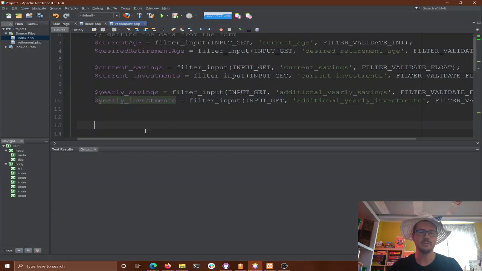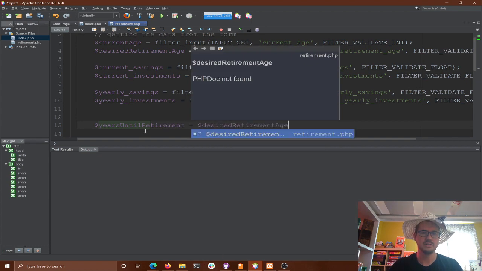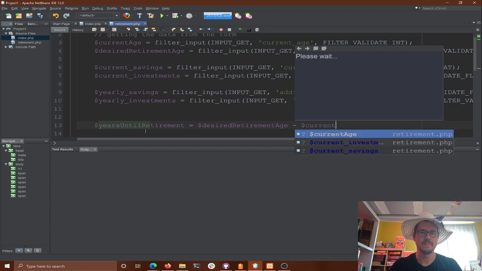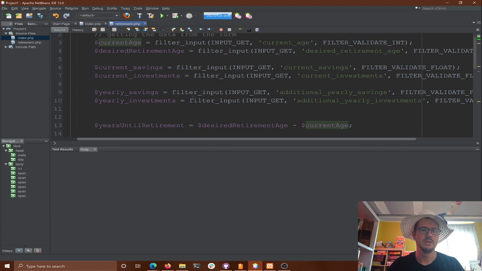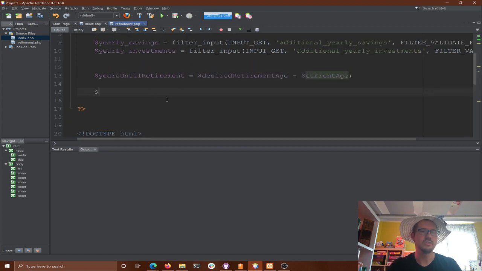Sure. So we need to calculate a couple things. So we'll have years until retirement equal to my desired retirement age minus the current age. Right? So that'll tell me how many years I have until retirement. Keep forgetting my semicolons, sorry. Python's ruined me for semicolons. And then we need a loop. We're going to have some results, we'll just call it result. It's going to be an empty string to start. We're going to keep appending to this string. Again, it's not really the prettiest thing in the world, but it's going to get the job done, and we're not going to feel too bad about it here.